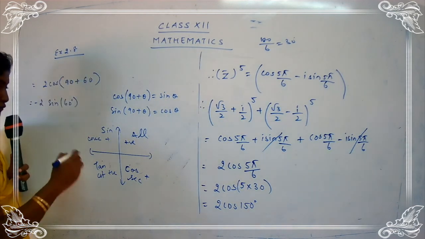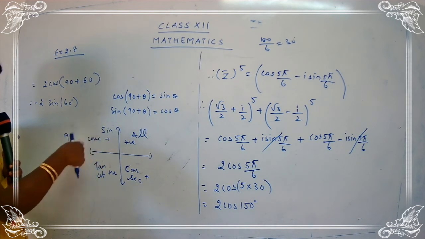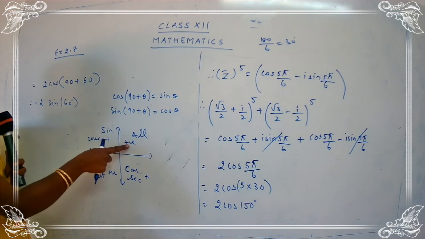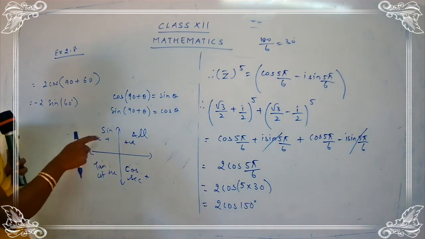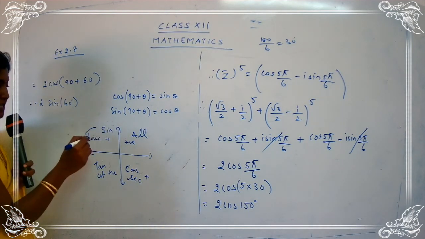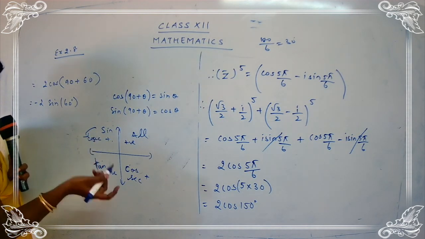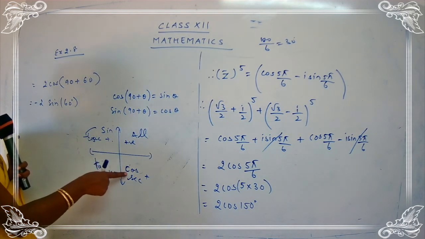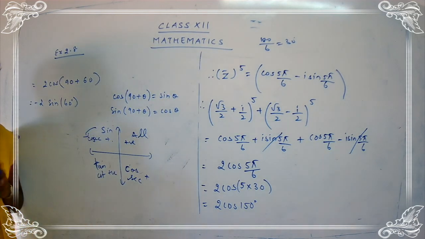That is, we use the table of 90. Yes, children? So this we used, and then I taught you the rule: all students take chocolate, and all means all. That is, all the trigonometric functions are positive. Students means sine, so sine and its reciprocal cosec are both positive. Take means tan and its reciprocal cot, both positive. And chocolate means cos and the secant function are positive, and the remaining functions are negative.